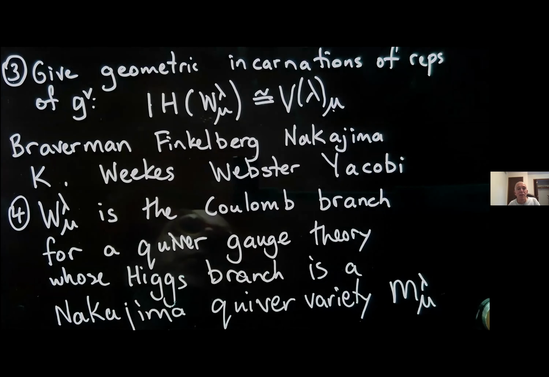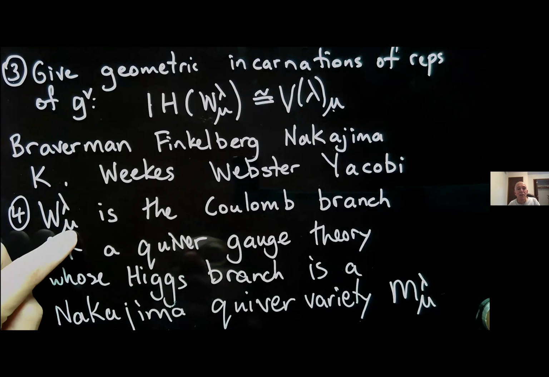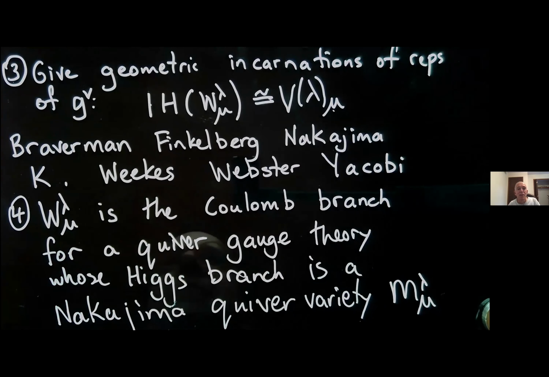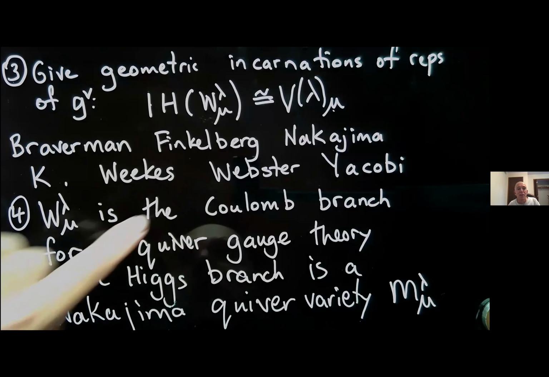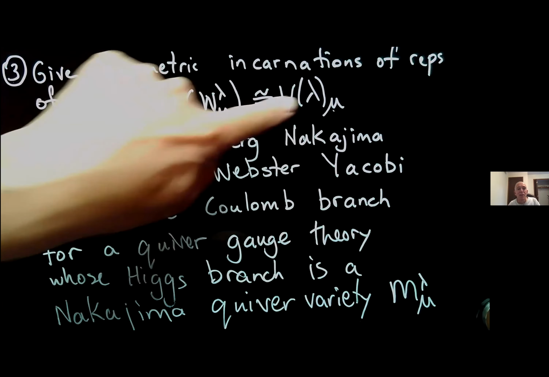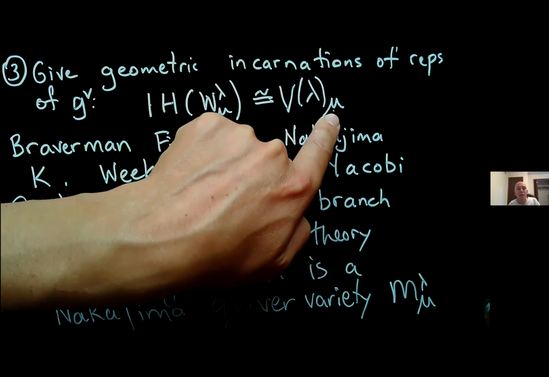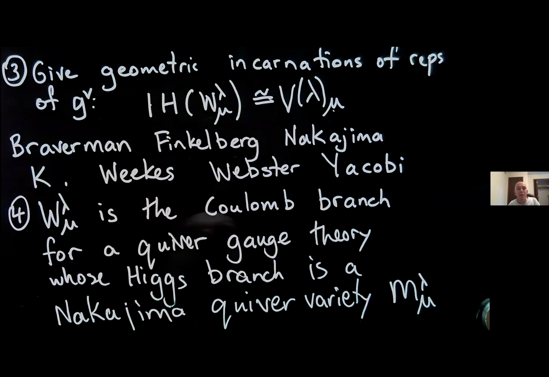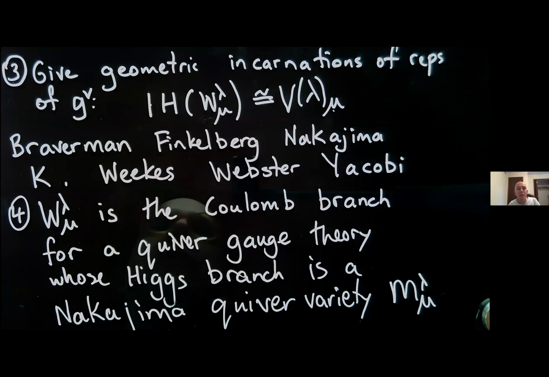Then I'll say one more thing of a general nature. When I explained the definition of this affine Grassmannian slice, both lambda and mu had to be dominant, because that's what indexes the orbits in the affine Grassmannian. But of course, for example for this property, you might reasonably ask what happens when mu is not dominant, since the right-hand side exists when mu is not dominant. And for various other reasons, it's nice to have these spaces when mu is not dominant.